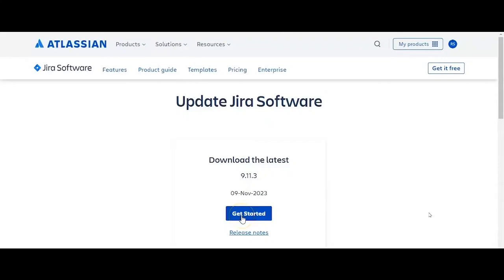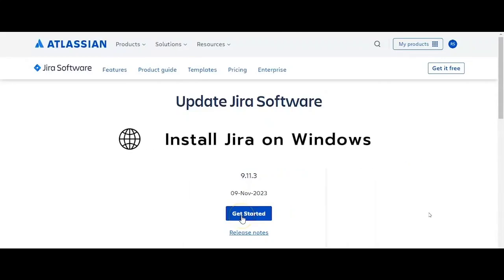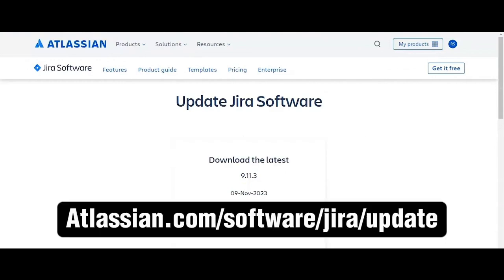Hey guys, today I'm going to show you how to install Jira on Windows. Let's get started. First go to